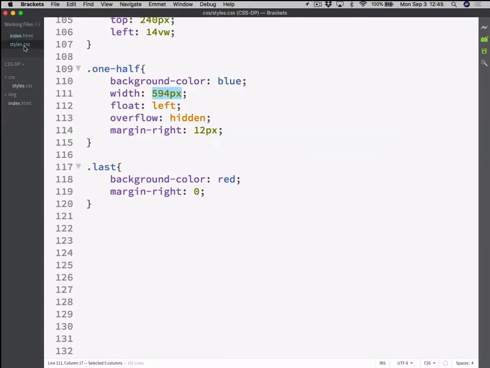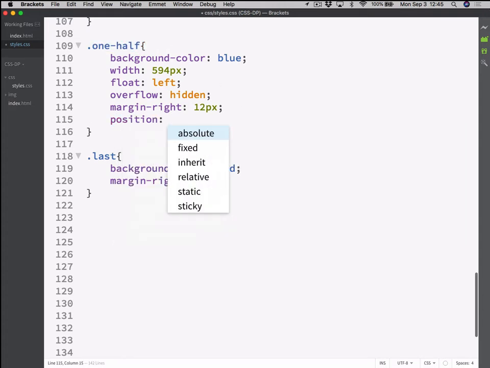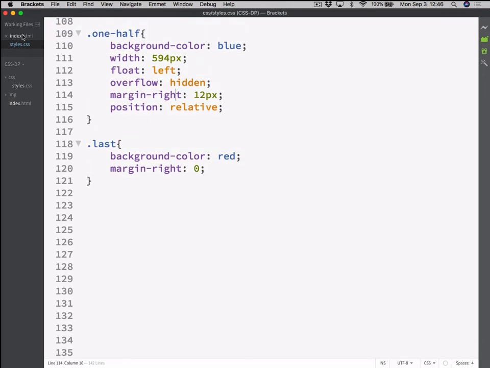So we can start by telling the one half should have a position declared. Normally we use position relative. That will make, if inside it we start messing with some item in an absolute position, it will make them take into account this half as the container, this box as the container. Okay? So now what we can do is